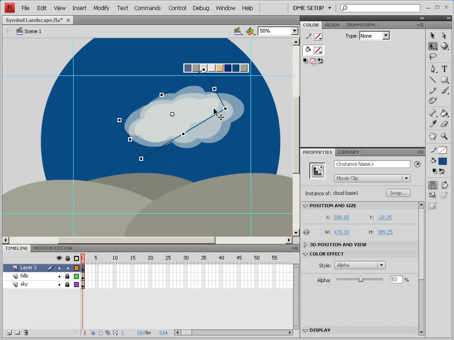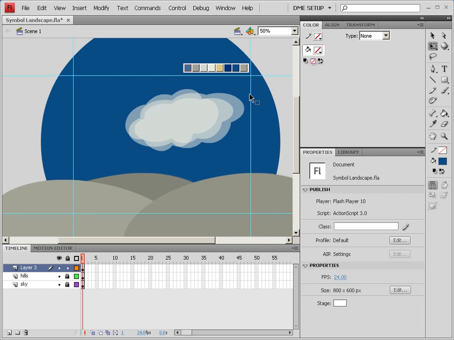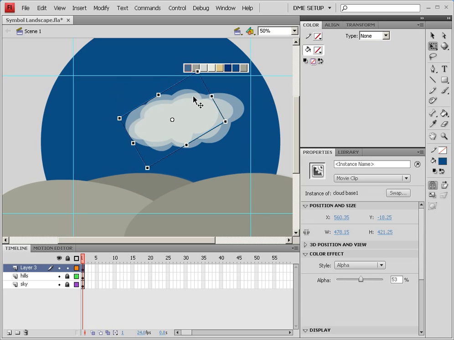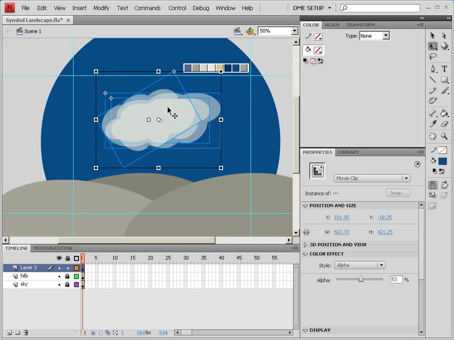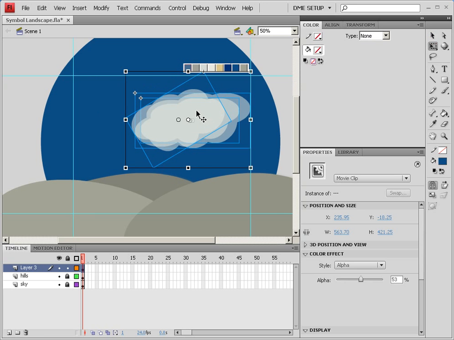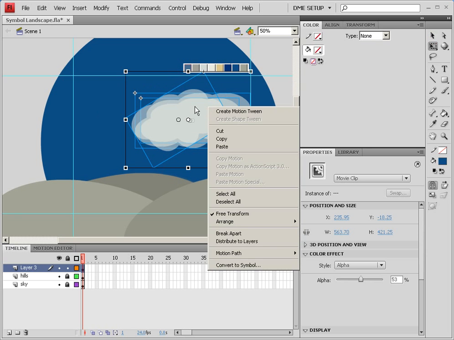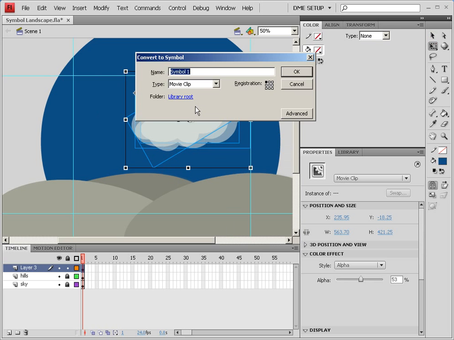And you'll see we get a little bit more complexity when we overlap these objects and do some fun things with them. Now we can select all of those together with the Shift key held down, and I'm still on the free transform selection tool because it does allow me to select objects. But now that since they're all selected, I can now convert those into a symbol as well. Now we can right-click again, choose Convert to Symbol, or even faster, just press F8, and now we'll call this